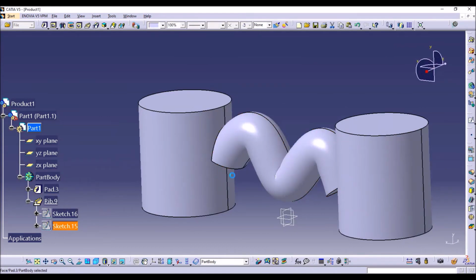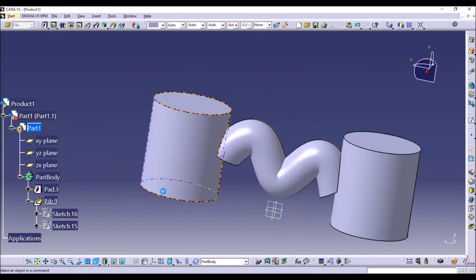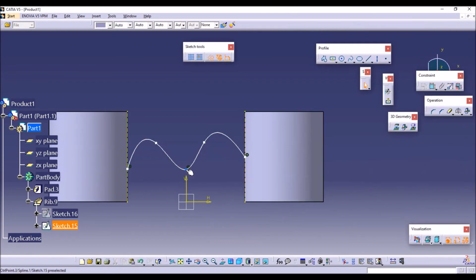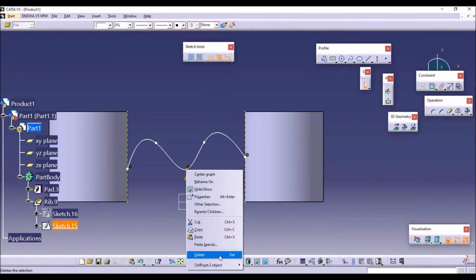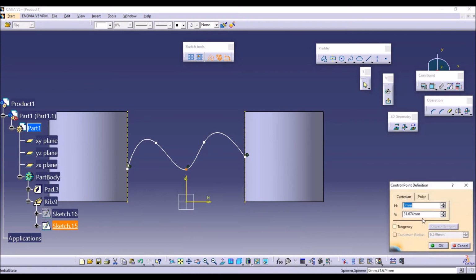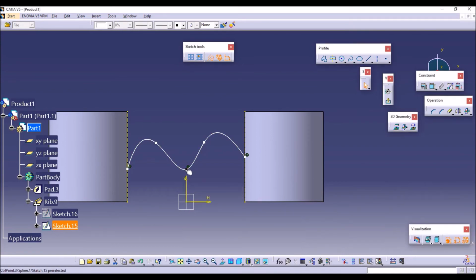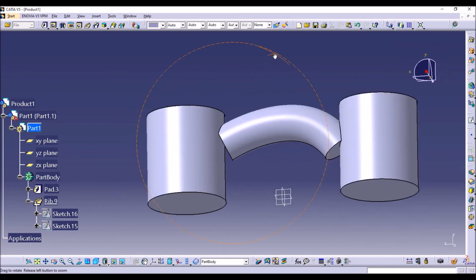Now you can see like this. If you want you can remove any one of these points. So like this it has drawn.